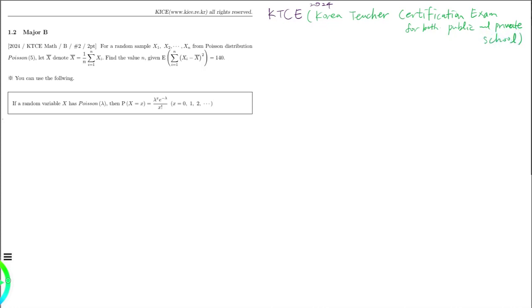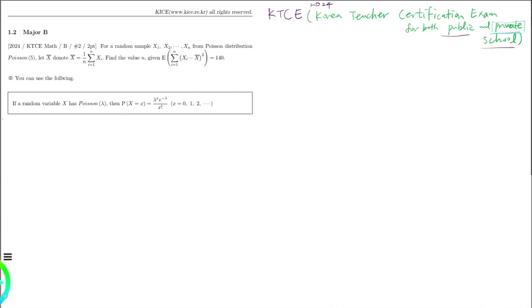A few years ago, only the public high school or middle school required the score of KTCE, and the private high school or middle school had their own manufactured exam. It was different from school to school, but